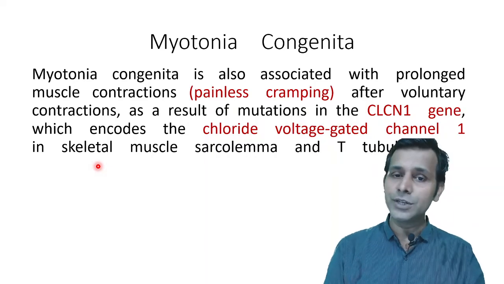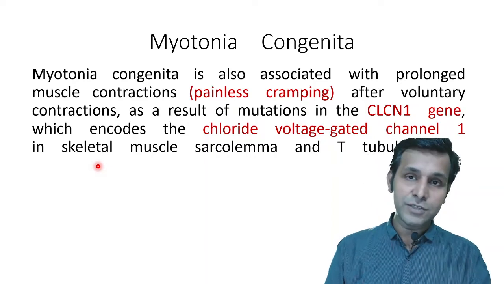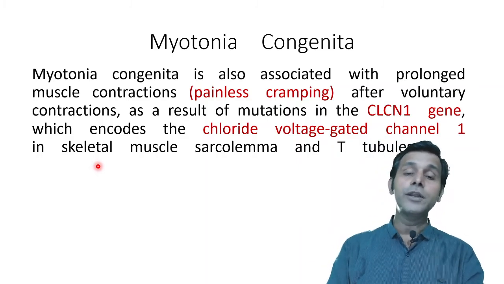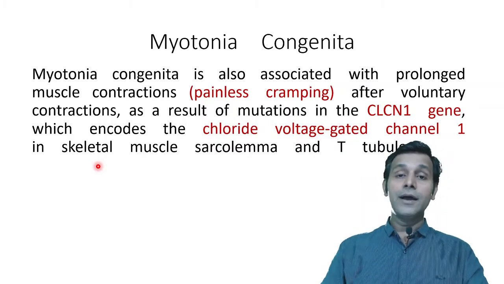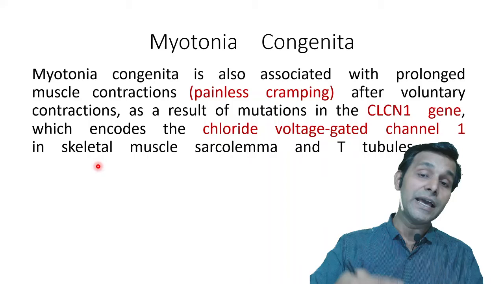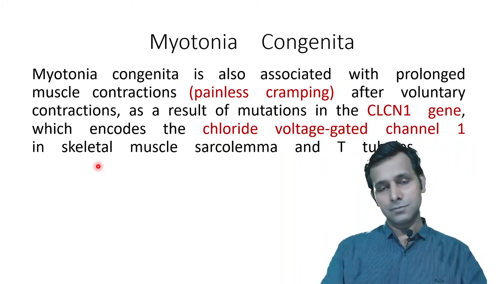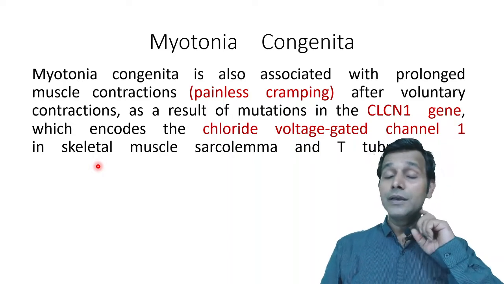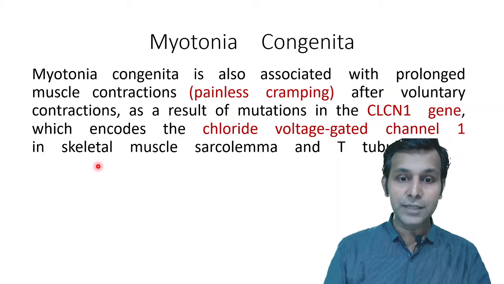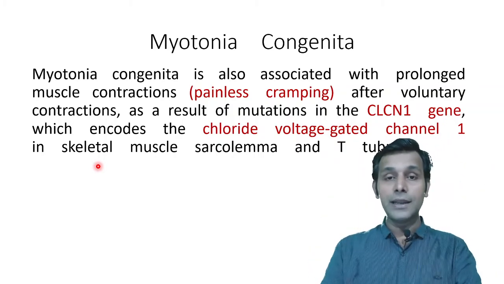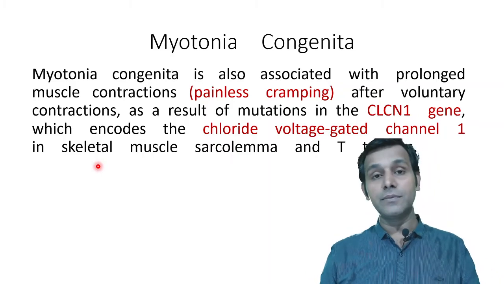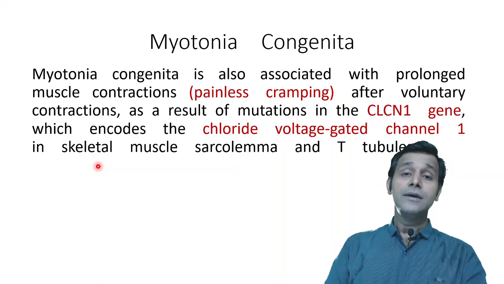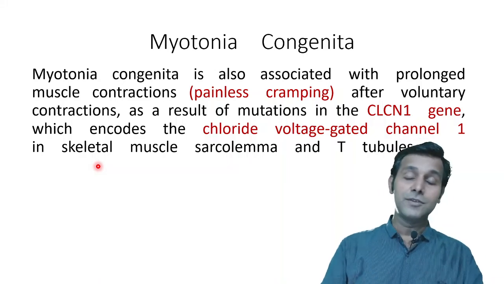It is because of a mutation in CLCN1, which is typically a voltage-gated chloride channel. Now this channel allows chloride ions to move across the membrane, and it helps in maintenance of the resting membrane potential, and hence determines the excitation of the sarcolemma and the sarcomere. Because this gene is mutated, this channel is mutated, it causes the muscle to get more excitable. There is increased excitation at the T-tubule and L-tubule areas, which causes excessive release of calcium ions again. So it's called myotonia congenita. Again, typically there is painless cramping because of excessive muscle activity.